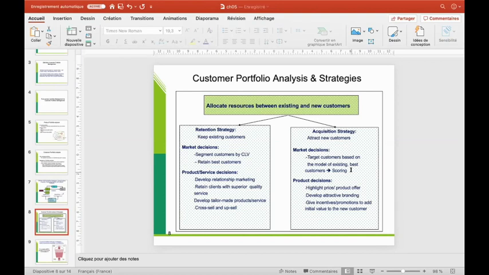The second step: you should keep the existing customers. And your decisions are then, you have to segment them by customer lifetime value in order to retain the best customers. And you should develop differentiated relationship marketing, so deeper relationships with best customers, less deep relationships with other customers, in order to retain customers with higher quality service, and in order to develop tailor-made or personalized product and service offerings, and in order to also cross-sell and upsell to customers, that is, sell related products, and upsell means sell